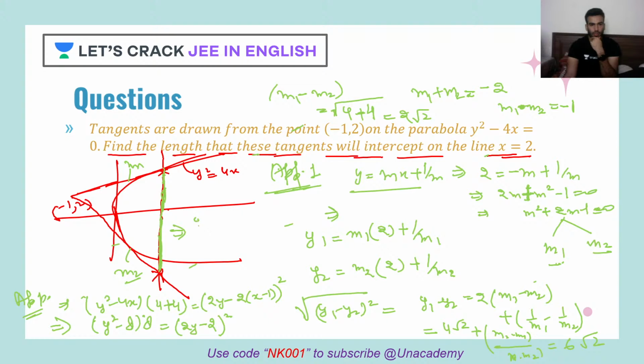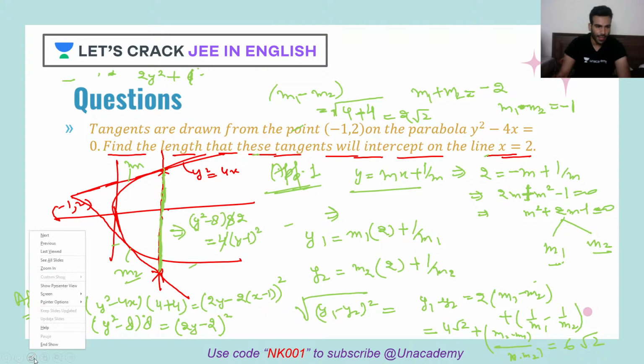So let's solve this. So I'll get what? Y square minus 8 into 8 is equal to 4, because I have taken 2 common from the square. I'll have y minus 1 whole square. This will cancel out. So what will I have? 2 here. So let's solve this quadratic equation. Y square. So I'll have what? 2y square plus 64 into 2, so 128. Oh, sorry, my bad. Why am I squaring? There is no square. Sorry. Square is on the right hand side. Wait, I'll just erase it.